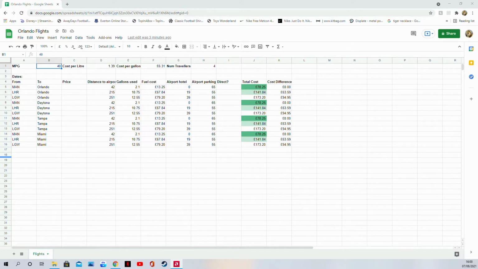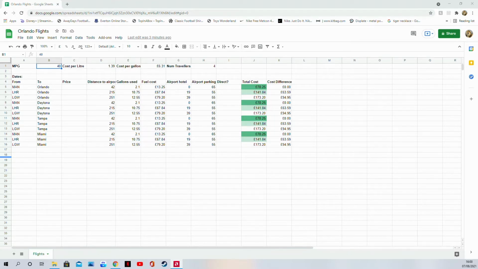I'm starting off with flights, which is always the best place to start because once you know your flight dates and times, then you can start booking other things like accommodation and car hire and so forth. So I'll just quickly show you through the spreadsheet that I use when I'm booking my flights, when I'm doing some research. It can give you helpful tips on how to minimise your spend